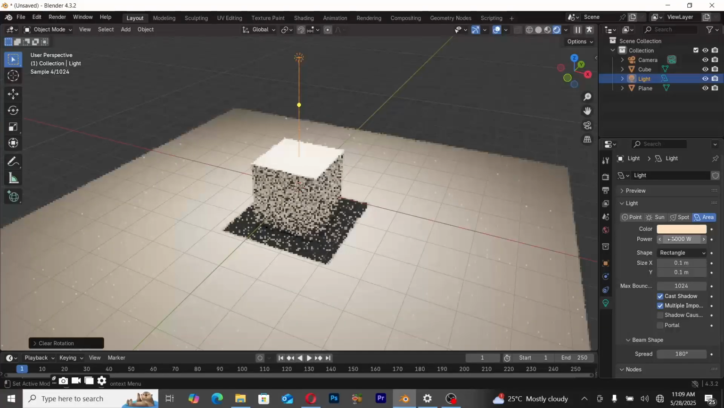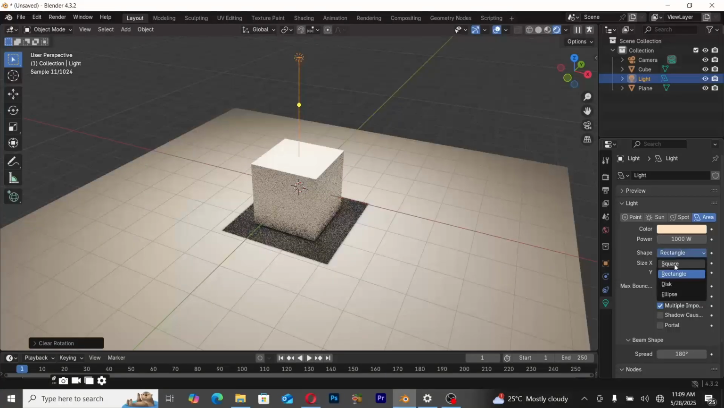So by default, this area light comes with the rectangular shape. You can decide to change it to the square shape. You can decide to use the disc shape, or you can decide to use the ellipse shape. And this shape